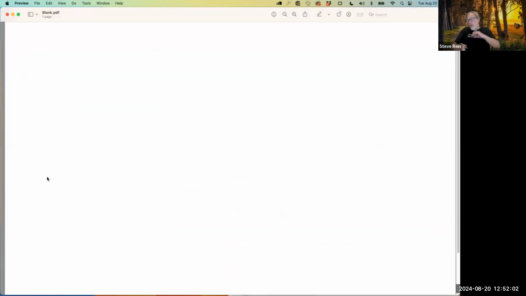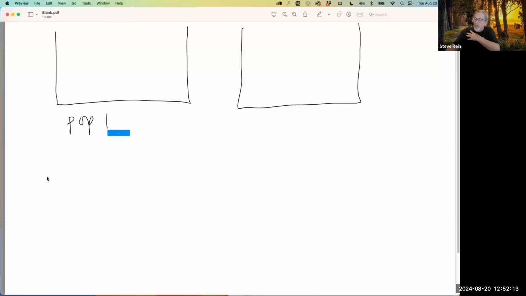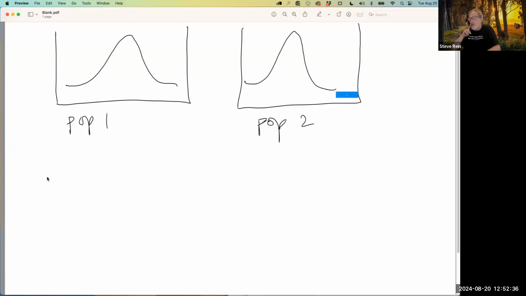Okay, so one more thing that I would like to do: what if we're trying to compare two populations, let's call them population 1 and population 2. I'm going to phrase this in the context of a small sample approach, but we'll still use it even if our sample is large. If we have a small sample, we need to have a normal shape distribution. So the method works with normal shaped curves from each of the two populations.